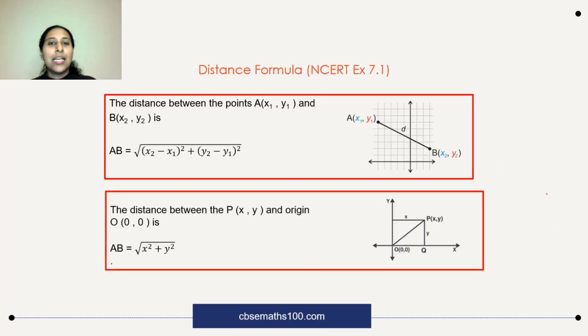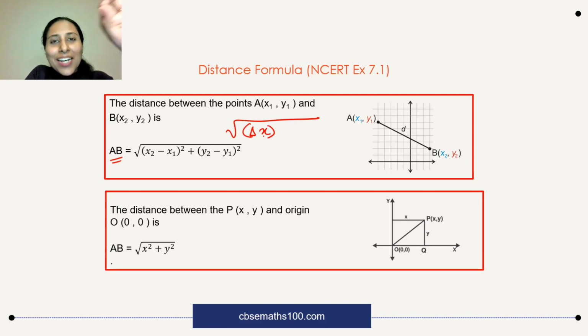Okay. Next, coordinate geometry. In coordinate geometry, we first learn the distance formula. The distance formula says that the distance between 2 points is just the square root of the difference in x coordinates. I like writing this as delta x. Here, when I say delta x, I'm not concerned with whether the difference between the coordinates is positive or negative. Just the magnitude matters. So delta x square plus delta y square. Okay, if you want, you can remember it this way. If it's confusing, stick to this. Root of x2 minus x1 the whole square plus y2 minus y1 the whole square.